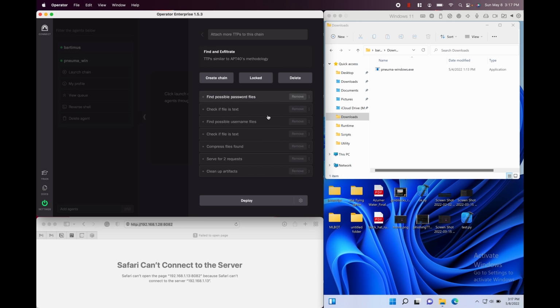So here we go: find password files, check if the file's text. It also checks if there are some special characters inside the file, like an exclamation sign, an asterisk, a pound sign, a dollar sign, pretty much all the stuff that's used in modern password requirements. After all that, it'll check for username files, so any files that have the actual word user in them, and then it will compress all the files that are found, serve up the two requests, and then clean up